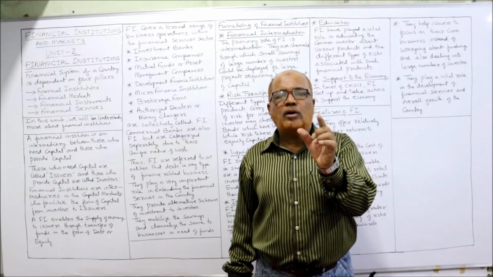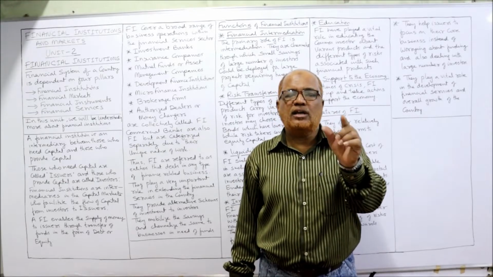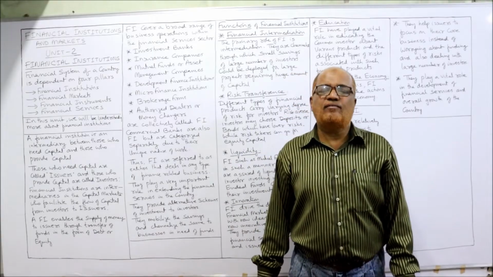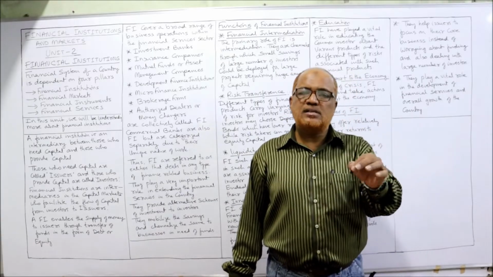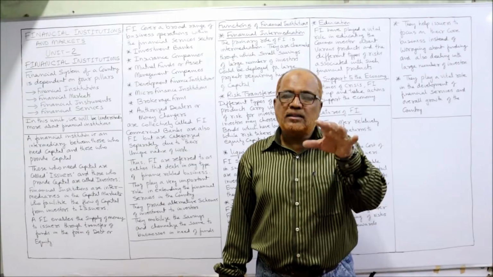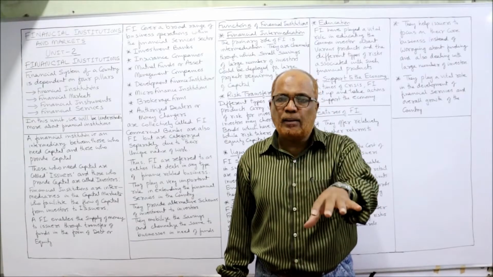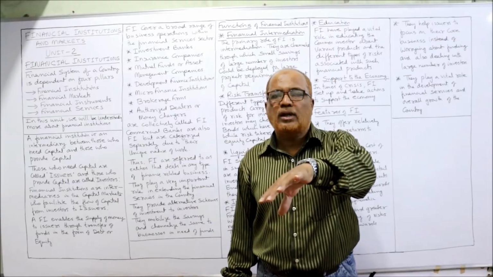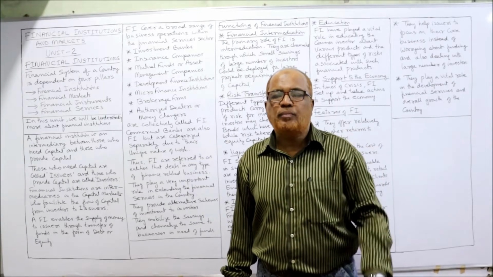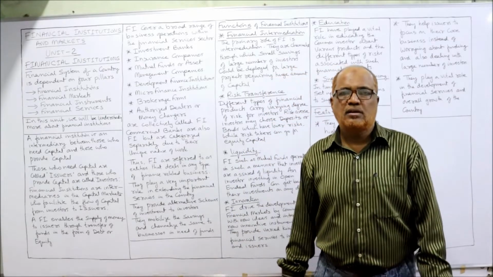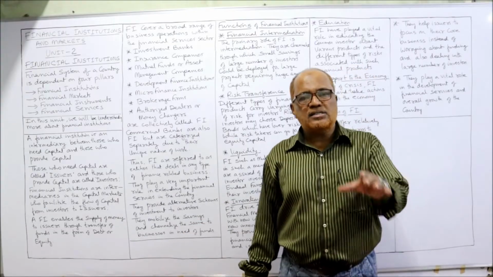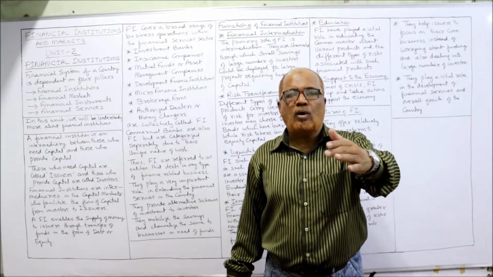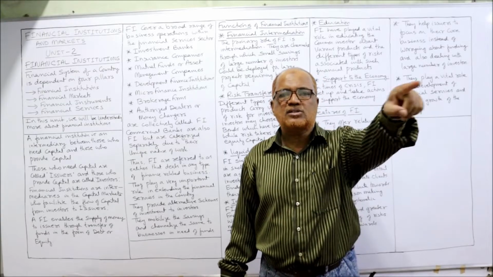Remember, one of the important factors of production is capital. Without capital, no business can function. So every business requires funds, and there should be some people who help in flowing the funds from one set of people called investors to another set of people called issuers. So these are the intermediaries in the capital market who help in the flow of funds from the investors to the